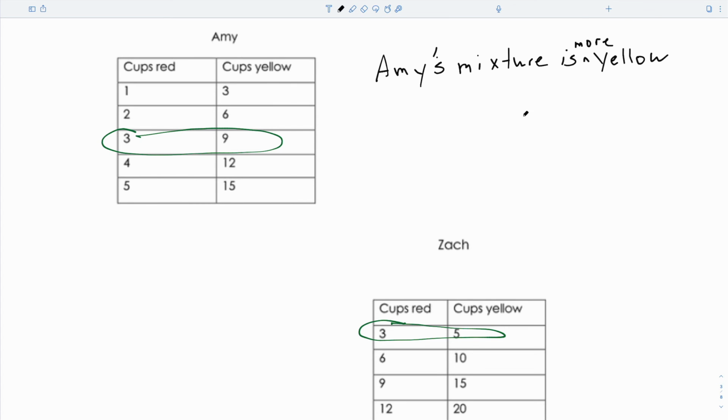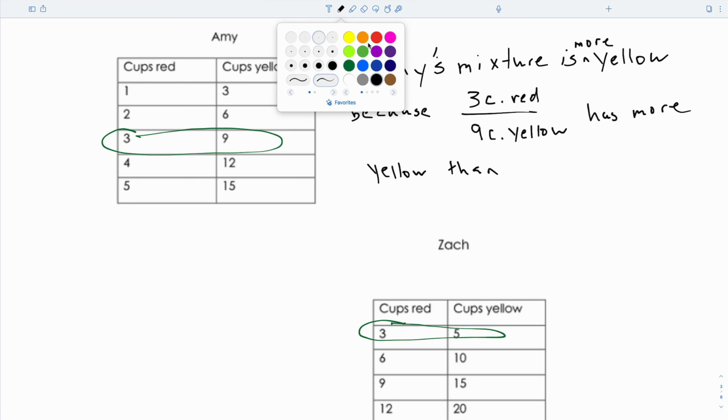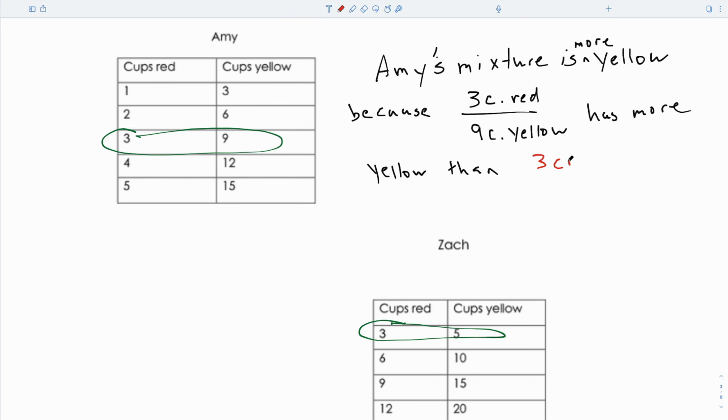Amy's mixture is more yellow because 3 cups of red over 9 cups of yellow has more yellow mixture than Zach's. Zach's is going to have 3 cups of red, so the same amount of red, but only 5 cups of yellow. Okay, so that's all I would need to do if I have this in a test,